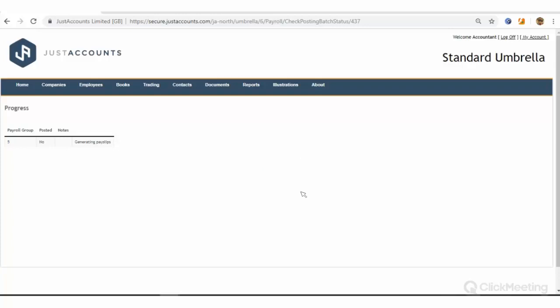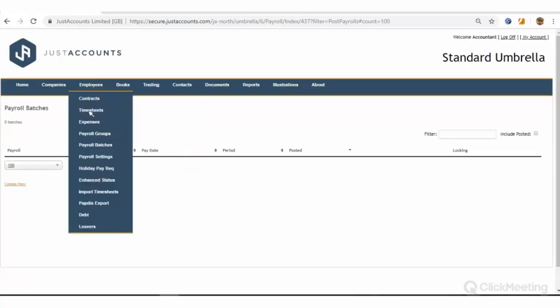The other thing I want to touch on, which I know again some clients would love, is that you can now add deductions onto a timesheet. Just so you know, this is currently not available through the import. This is only available when you're manually adding a timesheet. So if you go on employees, timesheets,